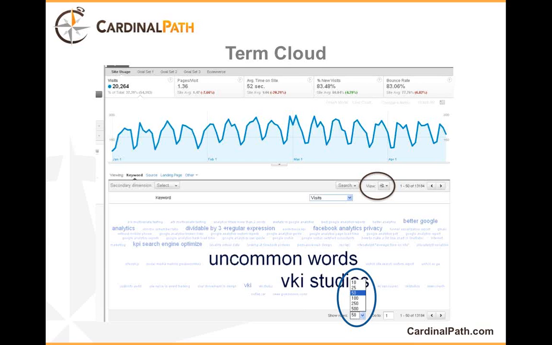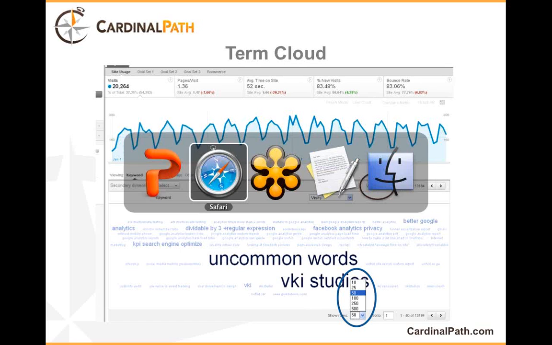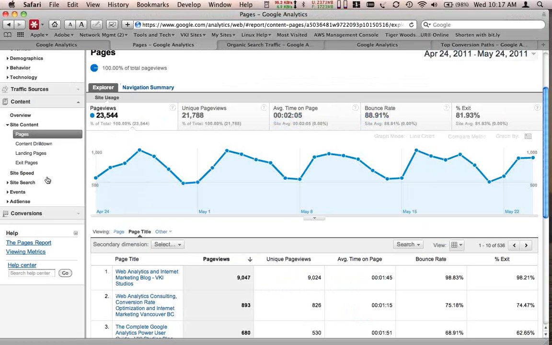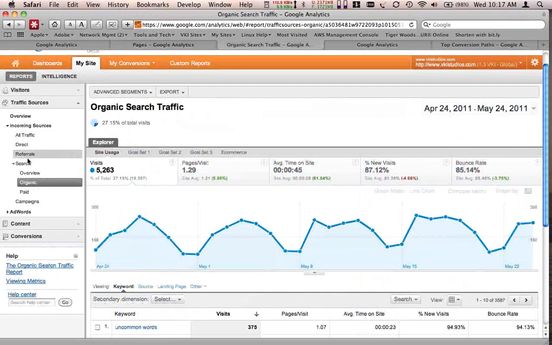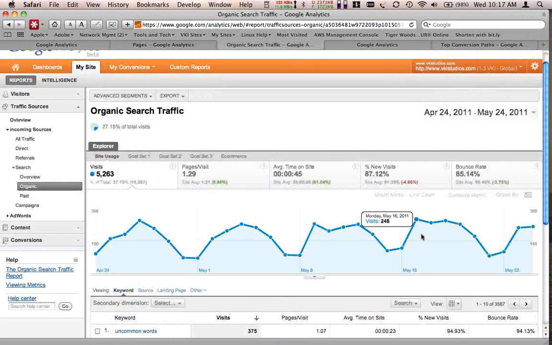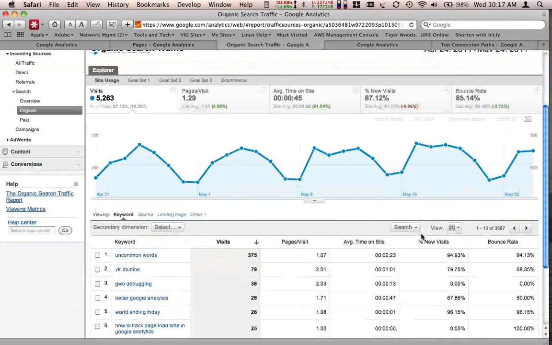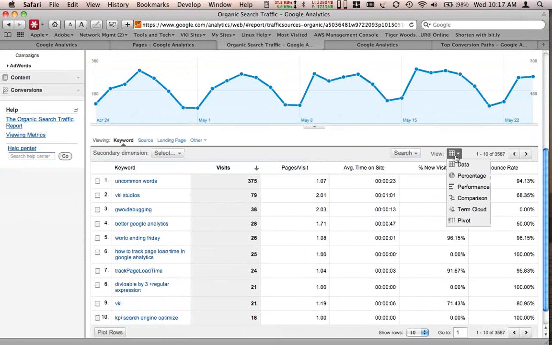So one place you'll find this view is in the organic and paid search reports located under the traffic sources section. Just as a quick example here, I'll switch over to the traffic sources report, and right now I'm on the organic search traffic. You'll see we've got a bunch of keywords listed here, and if I move over to the View tab and choose Term Cloud,